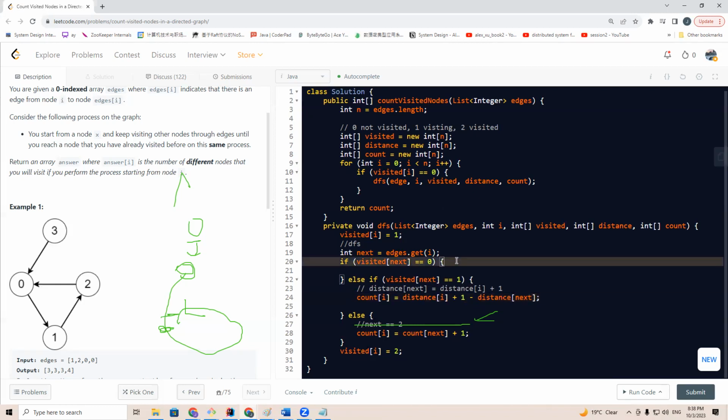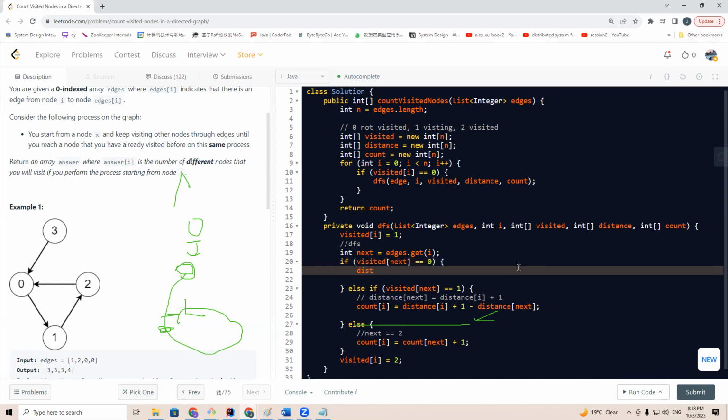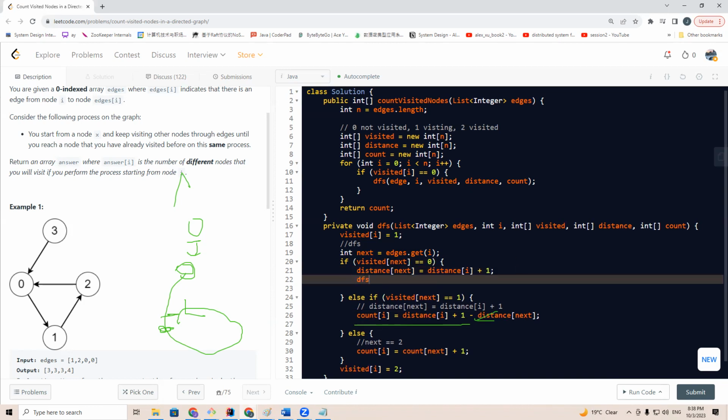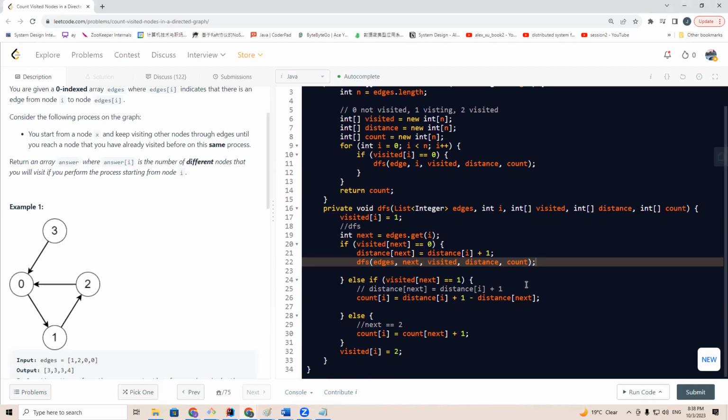Okay, so if it is unvisited, what we do is that distance next equals distance I plus 1, right? Then we do DFS, DFS next, visited, distance and count, right? So after this DFS,